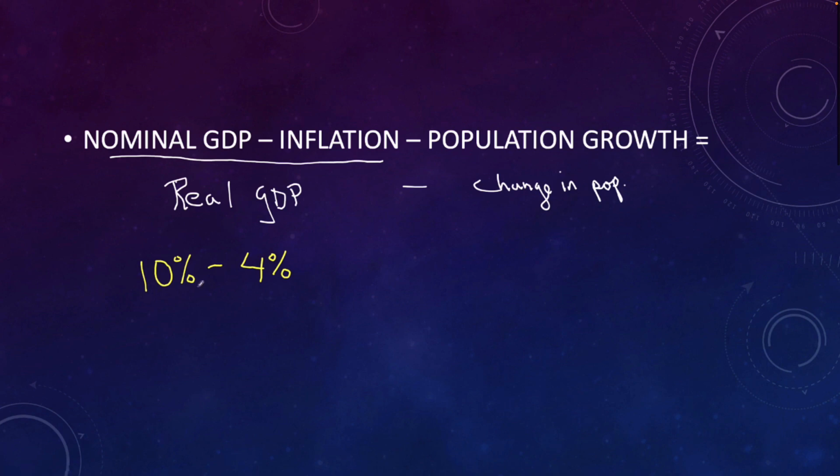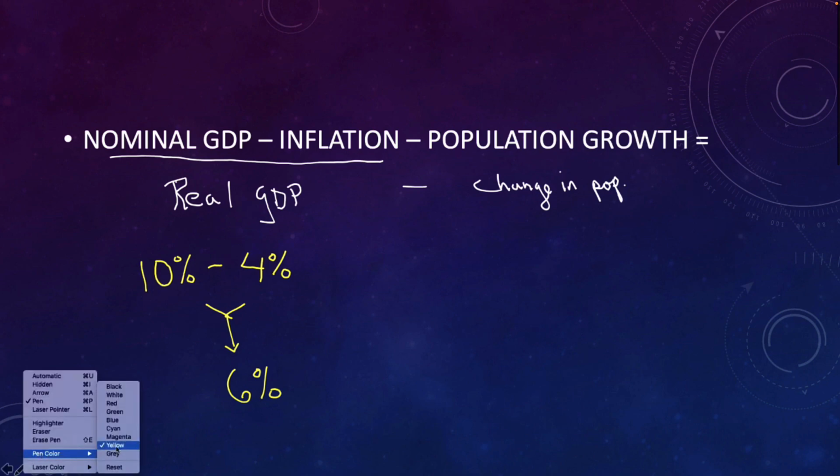So to figure out the real GDP, we have 10% minus 4%, which gives us 6% real GDP, which isn't bad, but it's not 10%. Still, most countries would bend over backwards to get 6% GDP growth. But